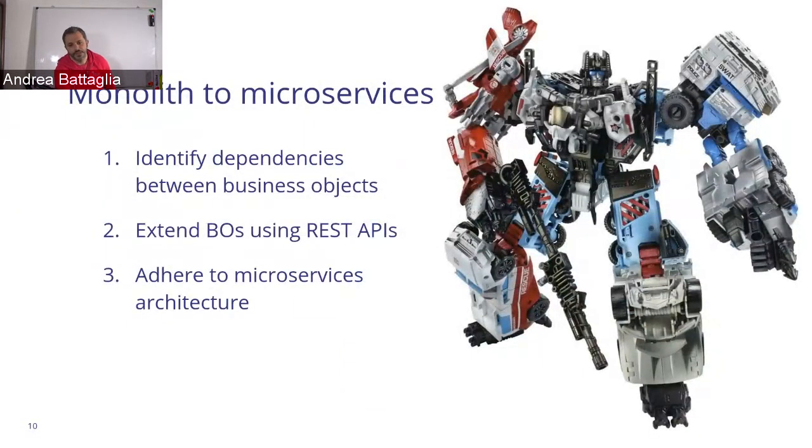And last but not least, my favorite. Always think of your monolithic application as this beautiful transformer here. Now, of course, it could take some time, but you are definitely able to figure out what are the connections between business objects, what are the components that interact with third-party software or services, for example, and whether it's possible or not to extend your business object with some REST or SOAP-based API, depending on the use case, depending on the effort and the time available, to make the application or pieces of application independent in order to be able to isolate them,